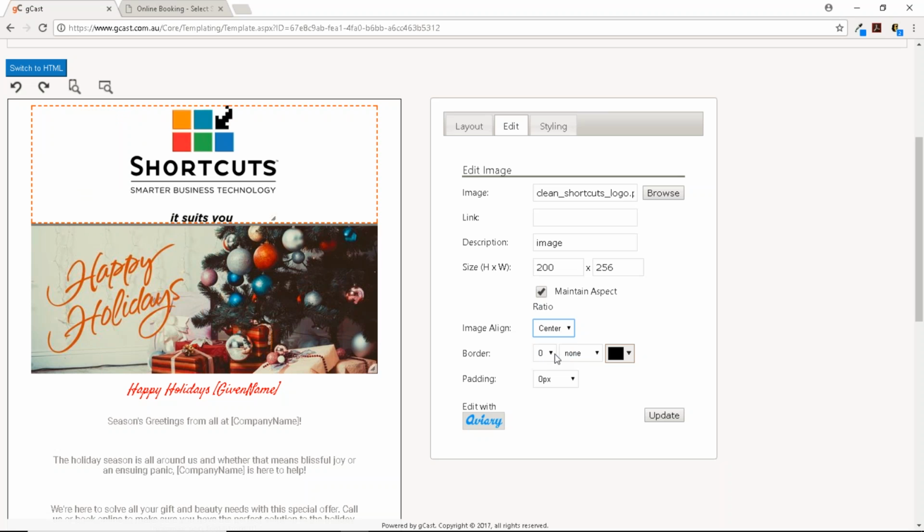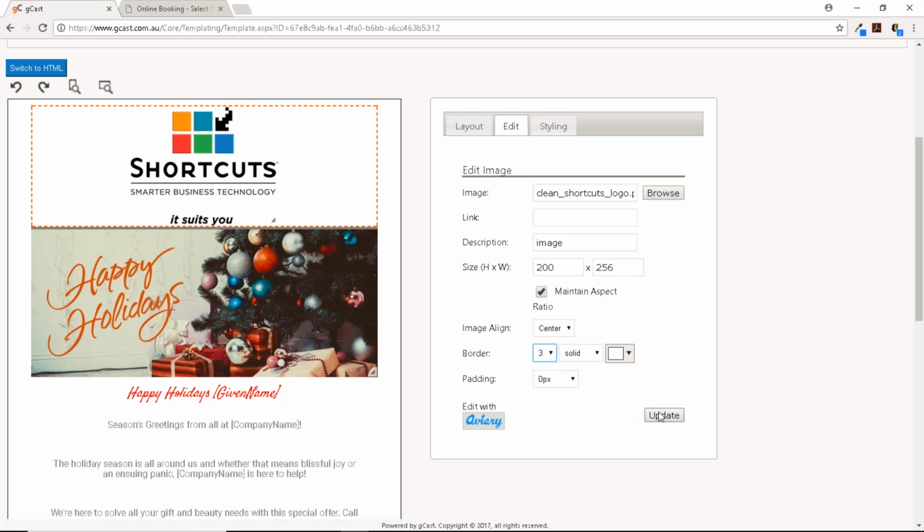Okay, I would want that in the center, so I'm going to align that image in the editing section here into the center. Okay, and then I'd like to put a little bit of a border around this, but I'd like that border to be white so it matches my background color there. And you'll notice if I put a bit of a border, it just pads it a little bit. And I'm going to click Update to update that now. Okay, if you'd like with the Happy Holidays image, you can replace this. So if you've got a picture of your salon or barber shop decorated, you might replace this image with that.